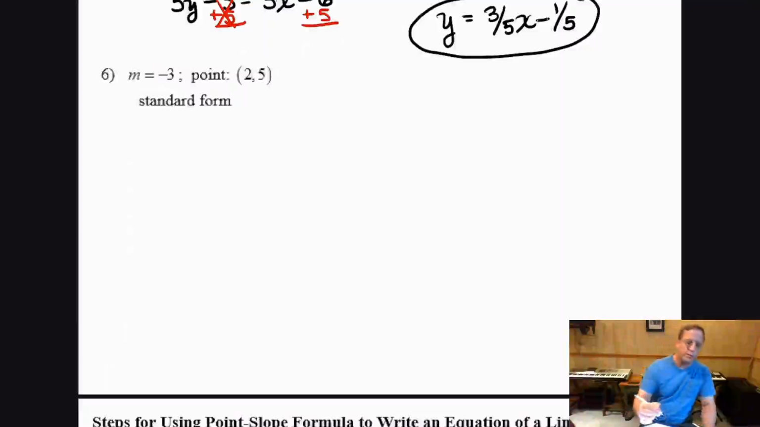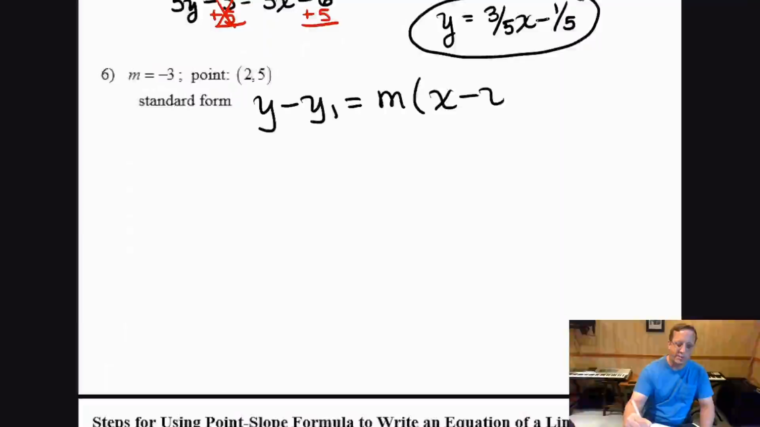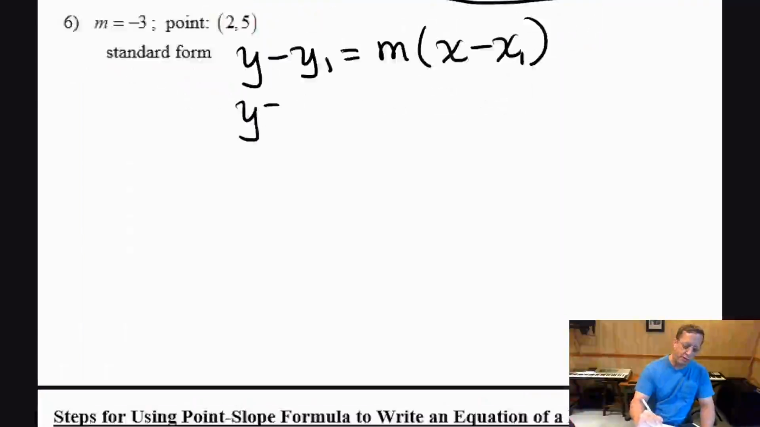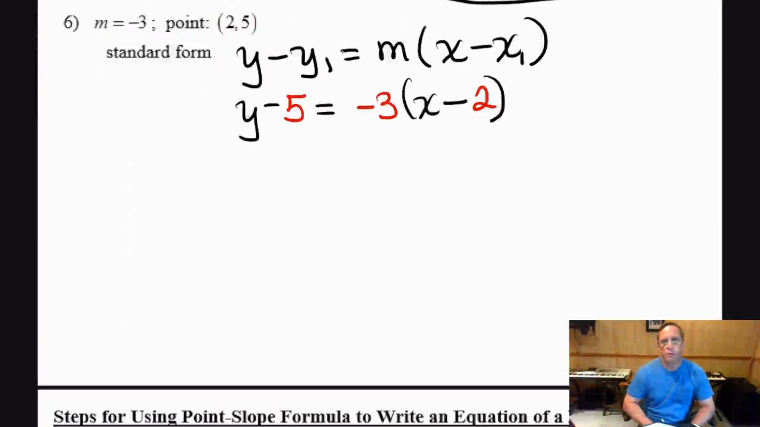So a good starting point is point slope. I'll write it down again. It doesn't hurt to do that. Point slope is y minus y sub 1 equals slope times x minus x sub 1. Go ahead and put those values in. So y minus 5 equals, our m is negative 3, x minus